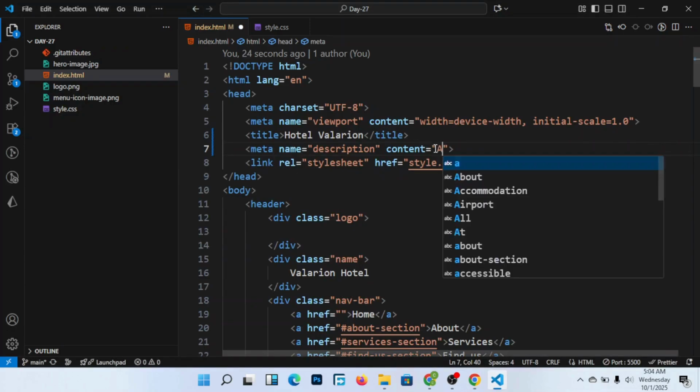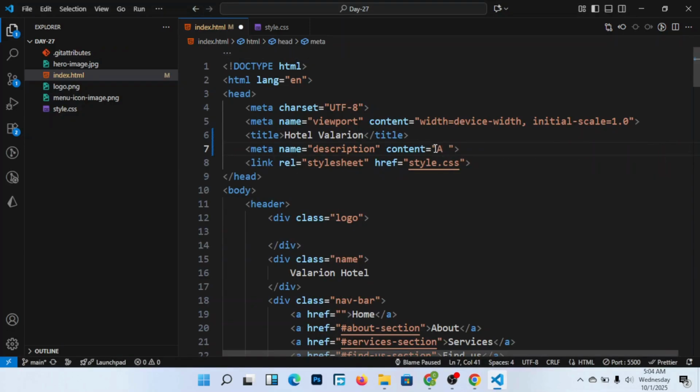The content has to be more than 15, about 15 characters, for it to be a very good description. They normally limit this description, since someone can put something vague, even more than 500 characters, and that is wrong.